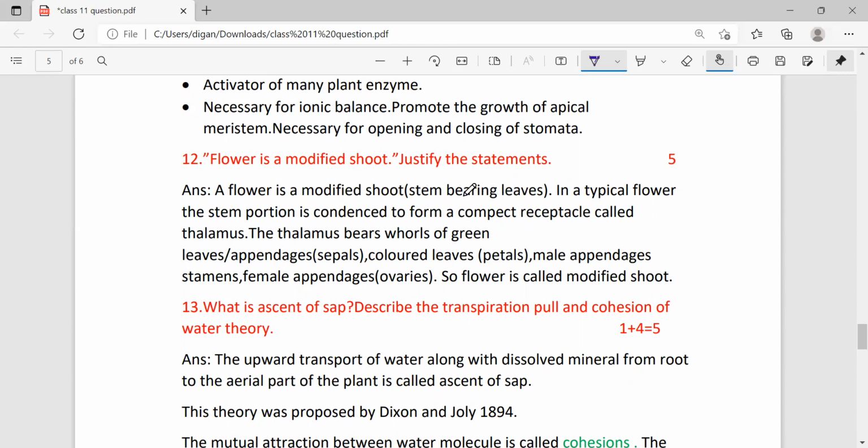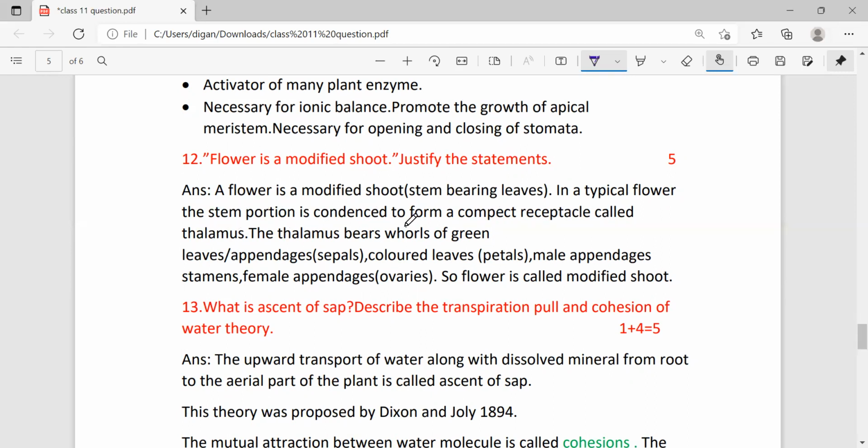The stem bearing leaves, the stem which bears leaves is called a shoot, and the flower is considered a modified shoot. In a typical flower, the stem portion is condensed. Condensed means they become compact to form a compact receptacle called the thalamus. The stem first becomes compact and forms a bulb-like structure known as the thalamus, and the thalamus bears